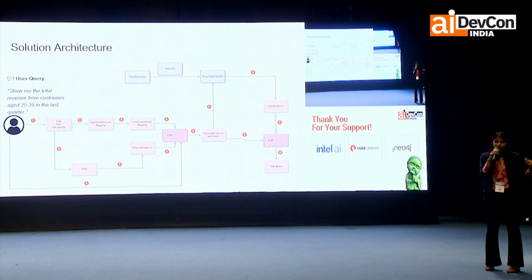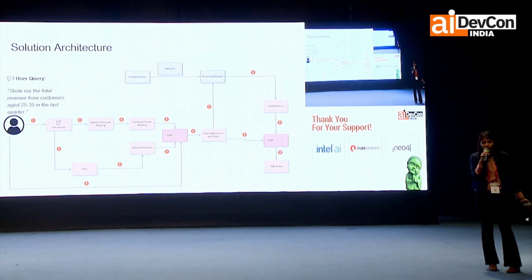Now in the next step, we will only take the sub-clusters of these clusters, and then we will map these sub-queries again with those second-level clusters. Now the total revenue sub-query will match to one of the sub-clusters in the financial information cluster, and the customer age sub-query will be matched to the personal information cluster of the demographic cluster.